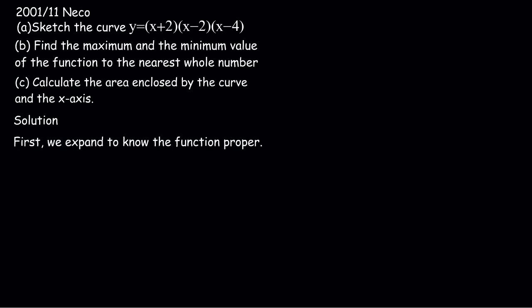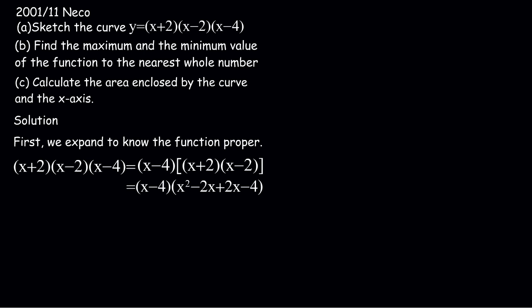Now, first, we will need to expand our brackets to know our function properly. So, expanding (s + 2)(s - 2)(s - 4), it will be equal to (s - 4)(s + 2)(s - 2). That's why we are going to be expanding s + 2 and s - 2 first. And doing so, it will be equal to (s - 4), then s squared - 2s + 2s - 4. That is when we expand (s + 2)(s - 2),